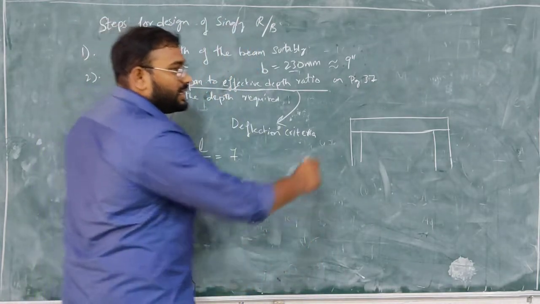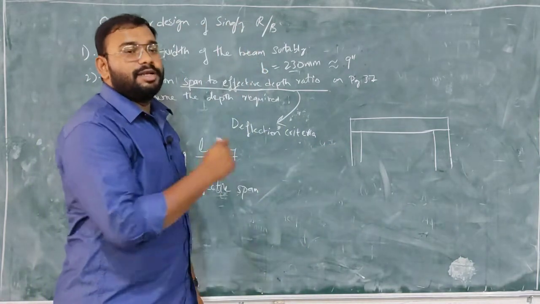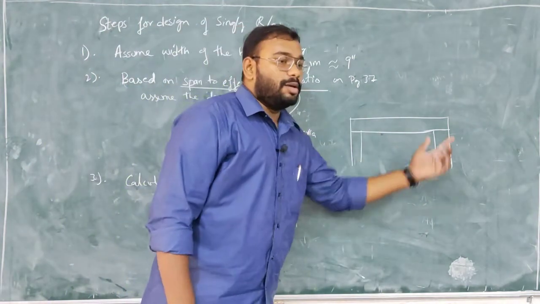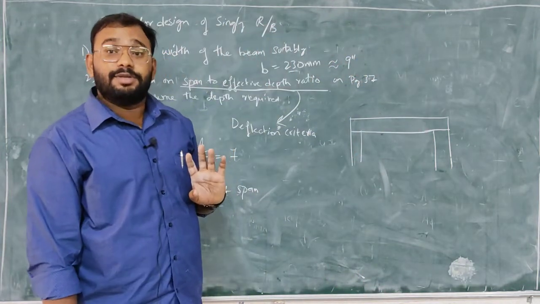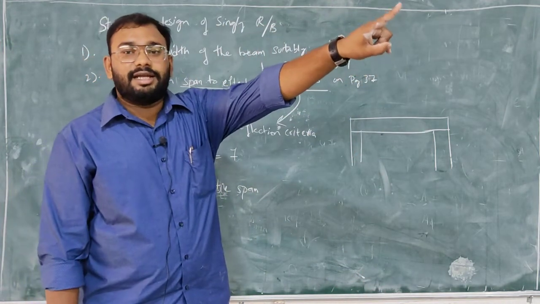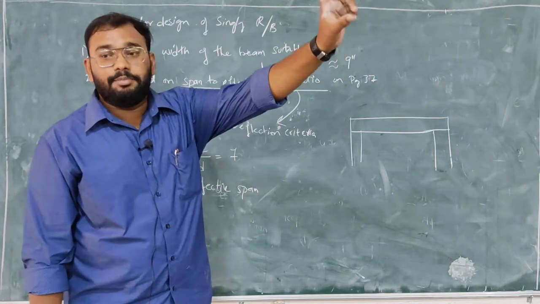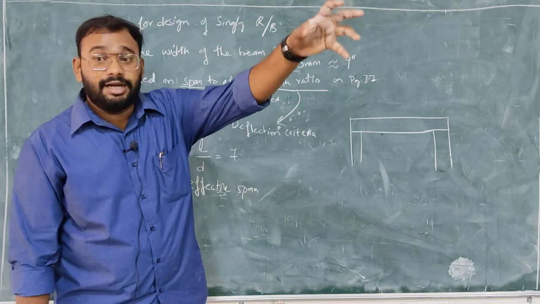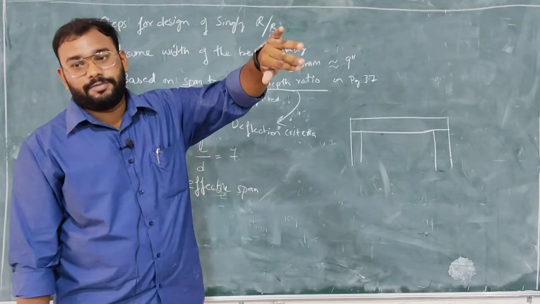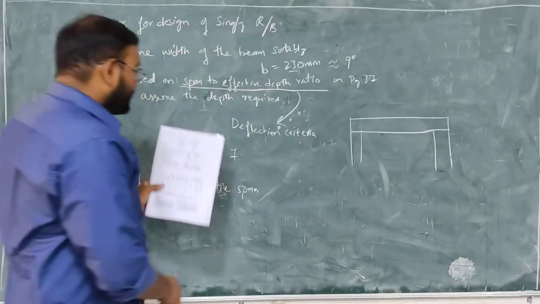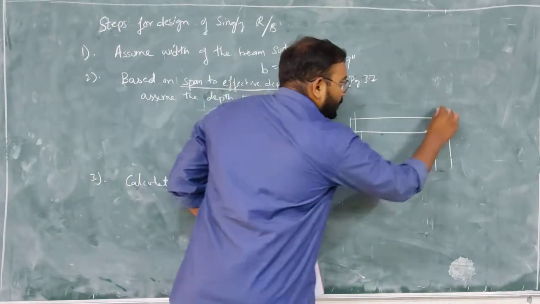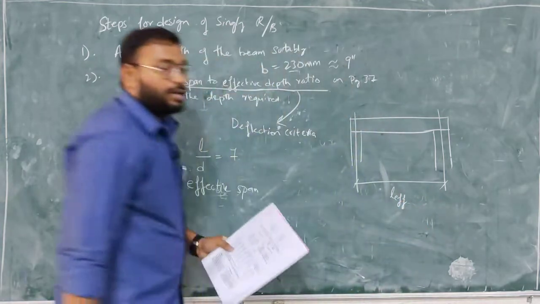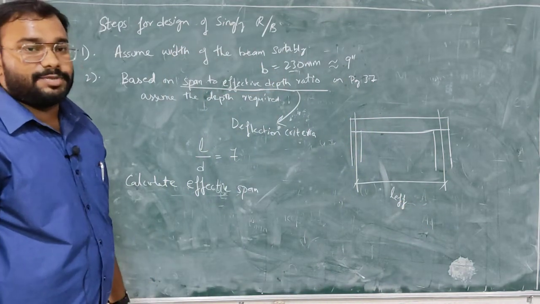Okay. So practically, how to make a simple support is, you cast this beam on the ground, you raise these two columns, lift the beam, and keep it on the columns. This is called a simple support. Similarly, this is cast in another way. We are concreting the beam column junction simultaneously. So this is a type of fixed support. Effective span means the center to center distance between two supports.